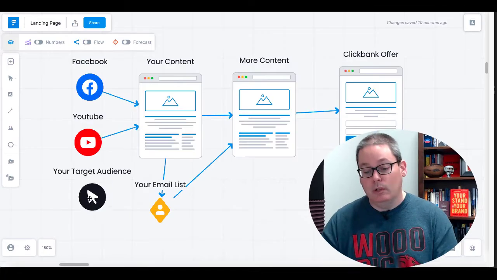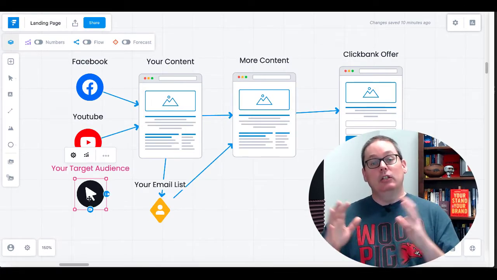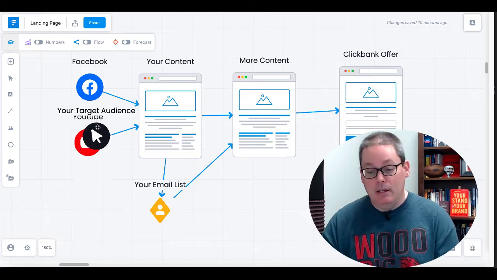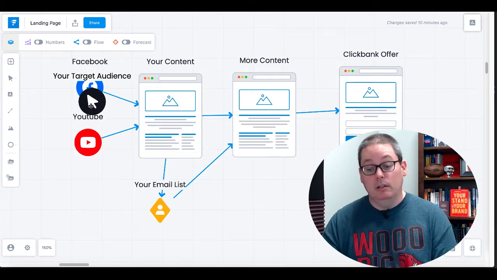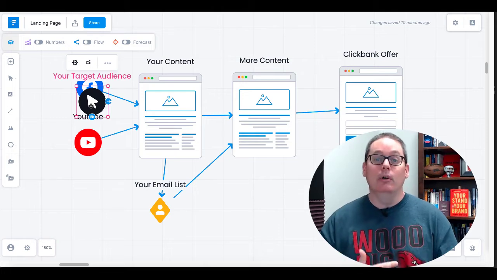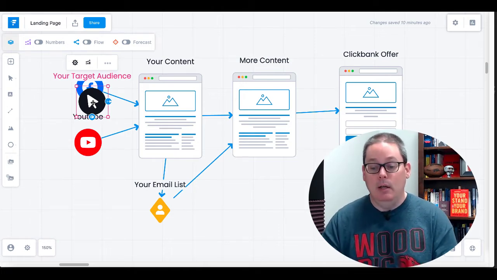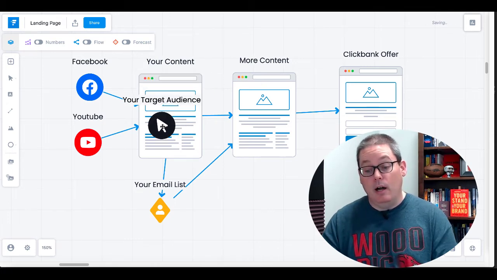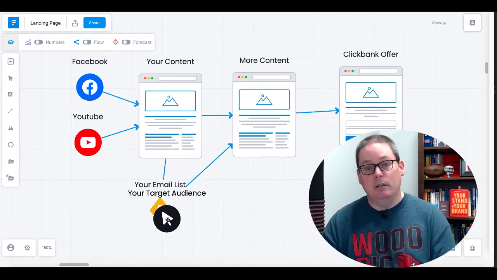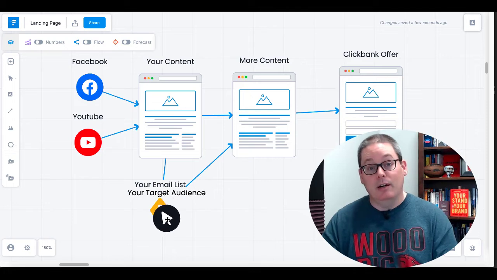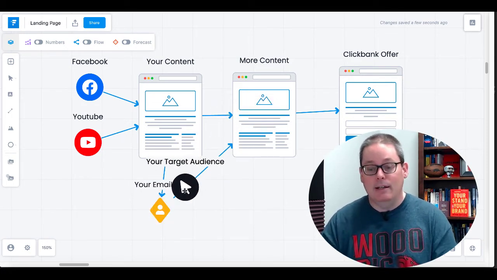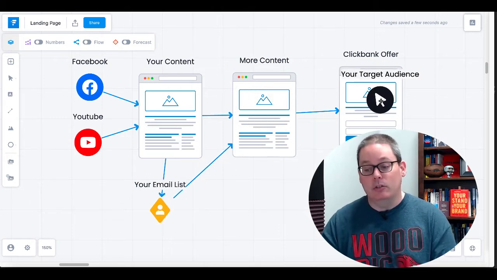So here's what this would look like as you build it out. And again, start small and test this out. Use a Snipply page and target your audience on Facebook. Go into a Facebook group, provide real value, and then after a period of time, start sharing your own content. Once your target audience lands on your content, you'll build an email list. Then once you have your target audience on your own email list, something you control, you send them to more content, and that content links to a ClickBank offer.